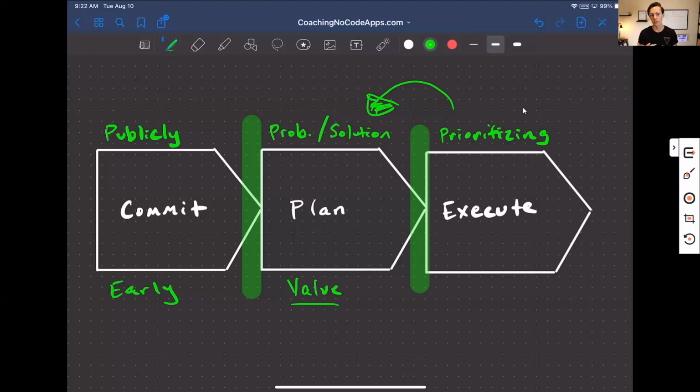So if you're wanting to launch an app, well, number one, the commitment and having the right plan, that's obviously going to help build momentum going into things, but you got to have the right execution. And that means making your app a priority for a contained amount of time.